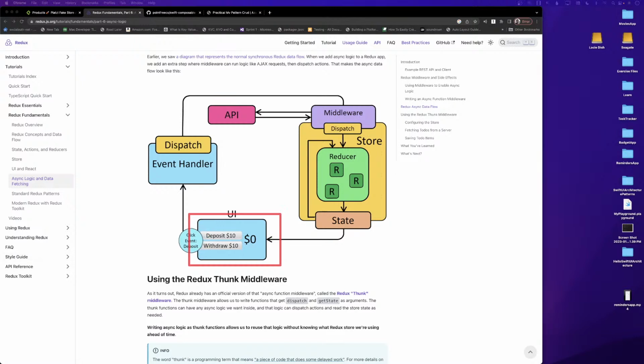If it needs to access the state, it needs to do it using the dispatch. If you want to change the state, the dispatch is going to go all the way to the reducer, and the reducer is going to update the global state.